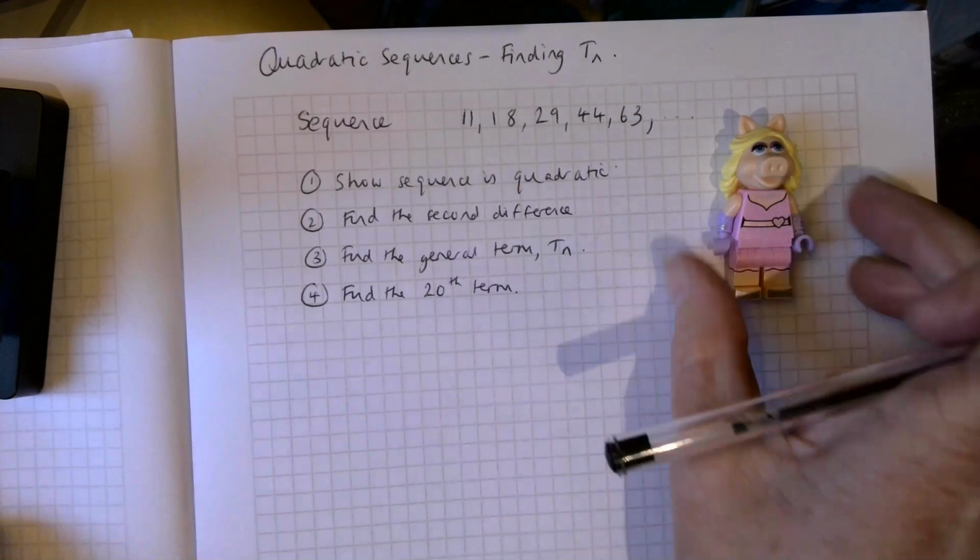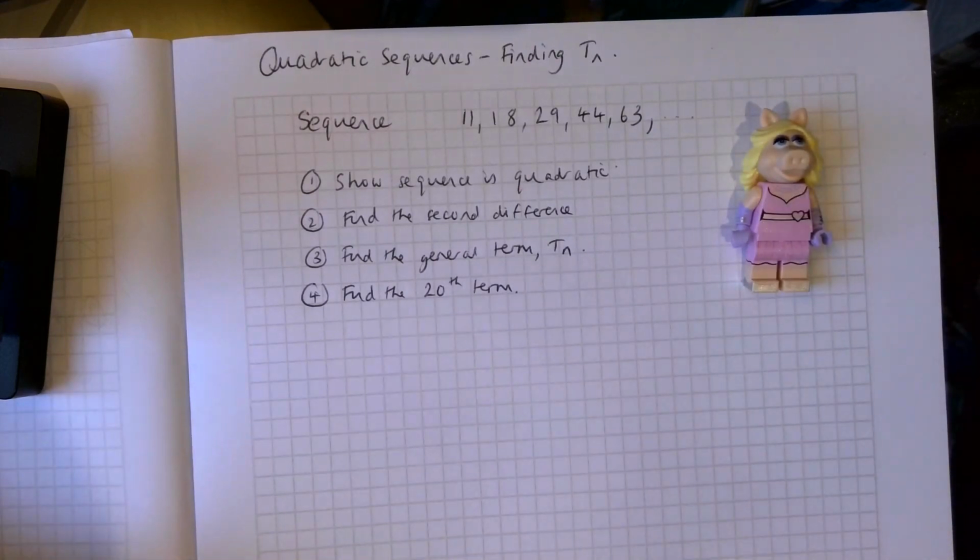Miss Piggy is joining us here for this particular video, and what I'm looking at today is quadratic sequences or quadratic patterns and how to find Tn, which is the general term of a quadratic sequence. So I have a sequence here and I'm going to show that the sequence is quadratic. I'm going to find the second difference. I'm going to show you how to find the general term Tn, and then we're going to find the 20th